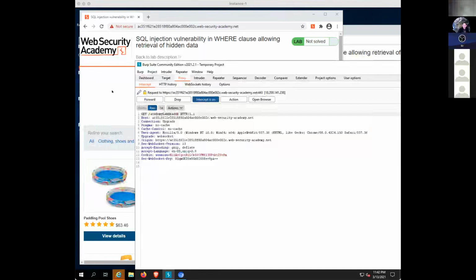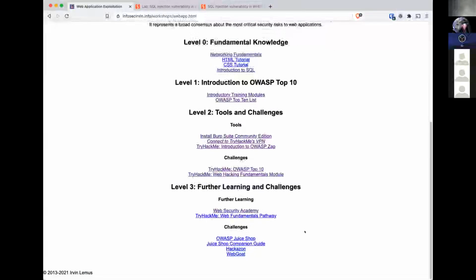They have a lot of great in-depth material that you can use to continue furthering your knowledge in web security. So I suggest using that as the next step once you have accomplished some of the other Try Hack Me